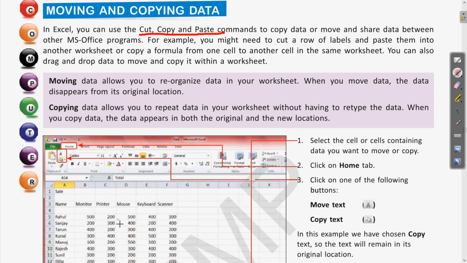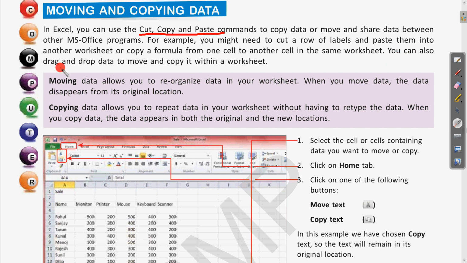If there are multiple rows of data, as we can see in the table here also, and if you want to cut a few of these and paste them in a new worksheet, we can copy these values and paste them in a new worksheet, that is a new page or a new window. In a similar way, if there is a formula applied in any of the cells, we can use the copy feature to copy that formula to any of the other cells. Clear? So this way the copy or the cut method can be used.